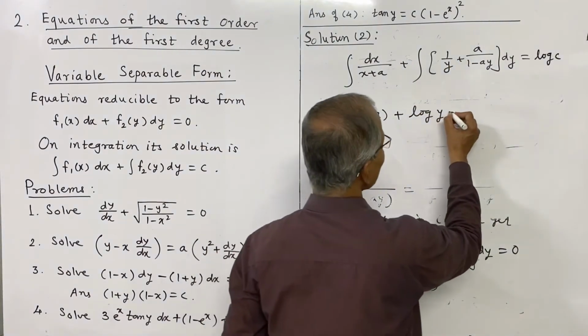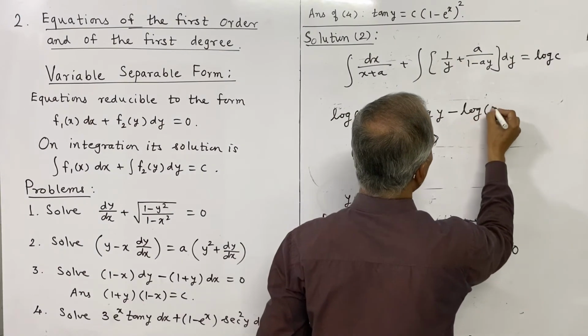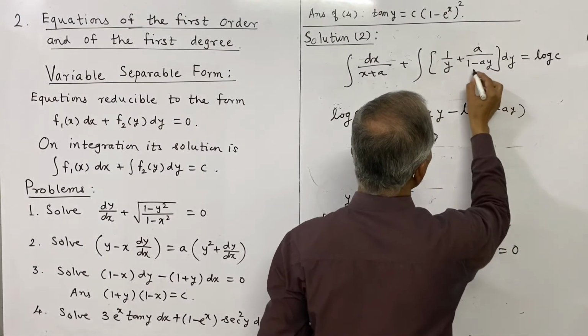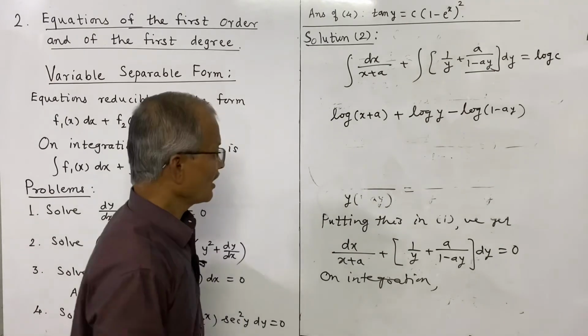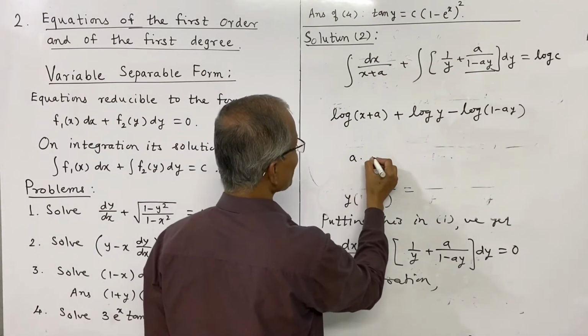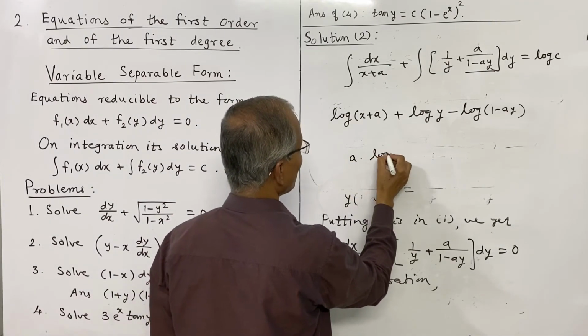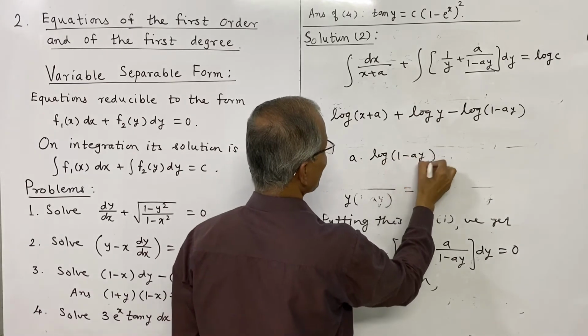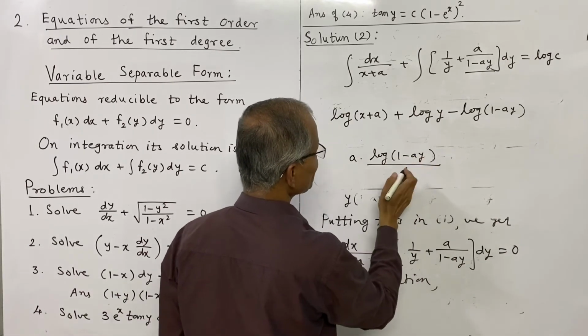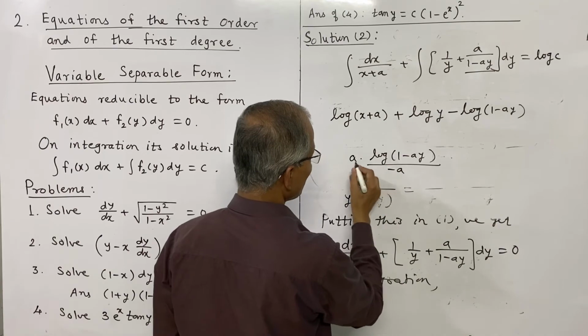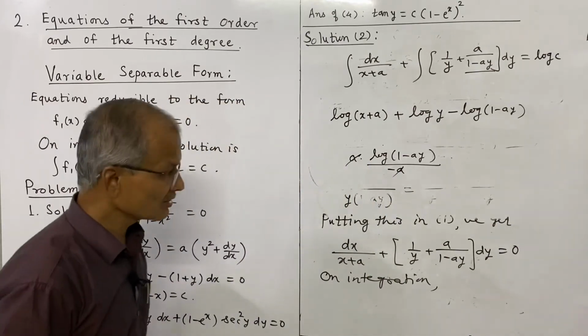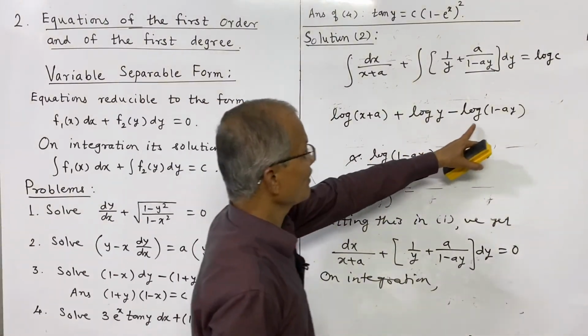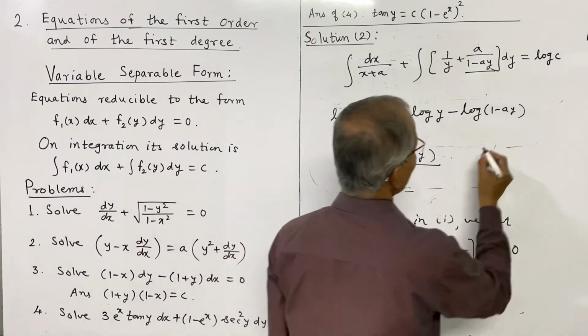So this integration is minus log of 1 minus ay. You note this integration of this. Actually a is constant, and that is log of 1 minus ay divided by the coefficient of y, that is minus a. So this a divides out, and that is minus of log of 1 minus ay,